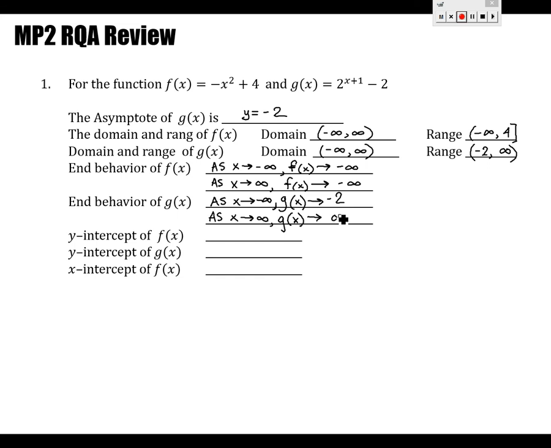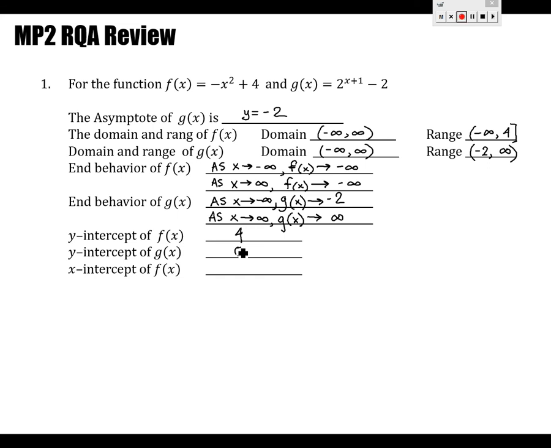The y-intercept of f, remember, the y-intercept for any function you ever meet in your whole life can be gotten by just plugging in 0. So what's f of 0? All this is asking? 4. And for g, if you plug in 0, you get, actually, yeah, 0 there, right? I guess this graph goes through the origin. That's interesting. And then the x-intercept of f,